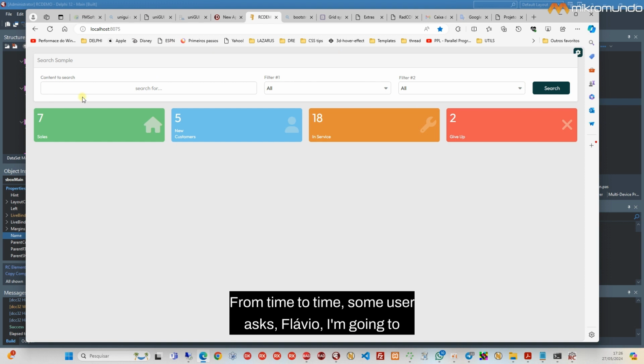From time to time, some user asks, Flavio, I'm going to change the components. I'm going to have to redo what I have. I already have a project in UniGUI developed. How am I going to reuse it? So guys, the great asset of RadCORE, from what you have already been able to observe in these few